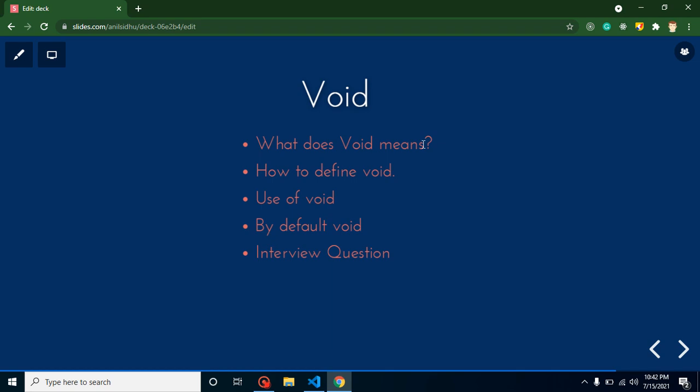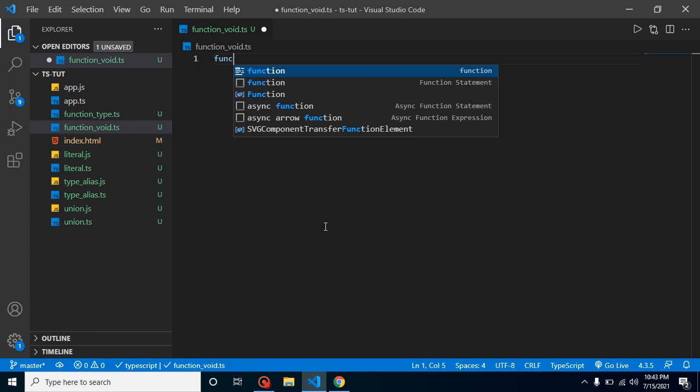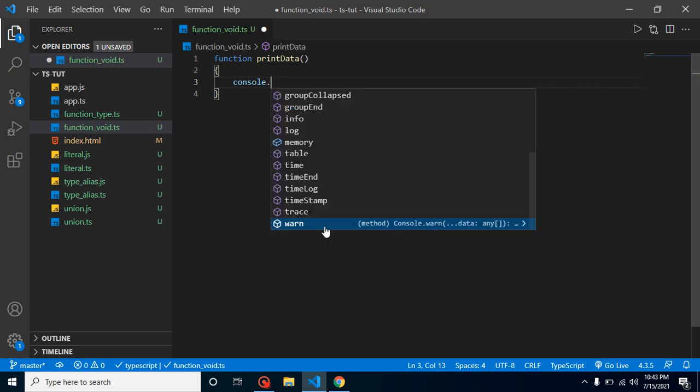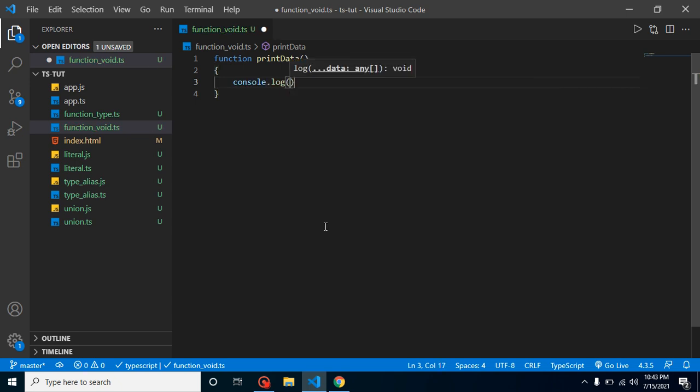So now let me show you an example. Let's say we have a function, and this function name is printData or something. It will just do a console.log, let's say hello. This is a void function.